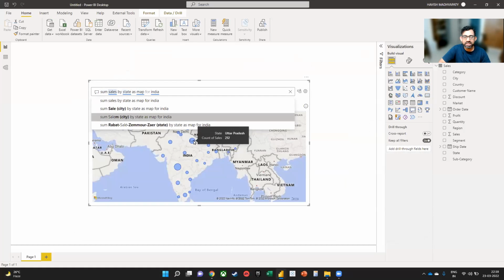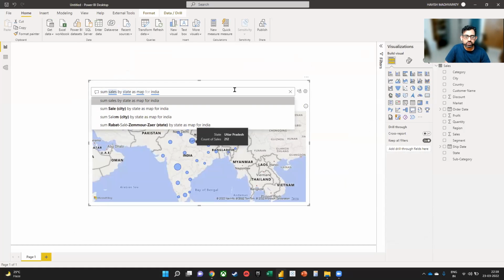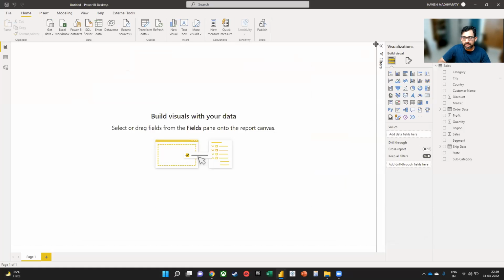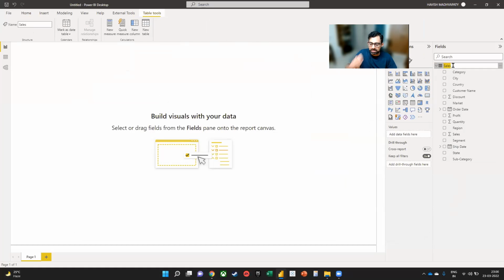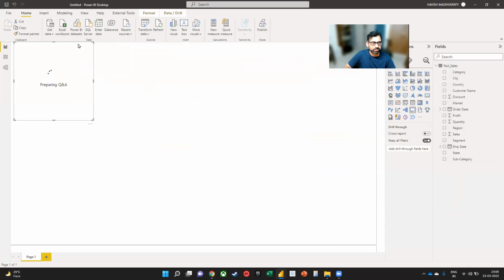Yeah, it's still not working for me. Like I said, the tool is something they are still building. So sometimes it gets a little confused. It's not working. Let me just try one more time. Right? Oh, hold on. You know what? Is it because of the name of the table? Let me just try one more time. Fact sales. And I want to select the Q&A. And let's put in,